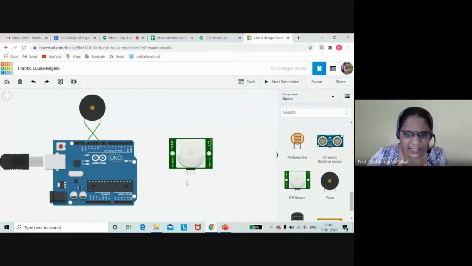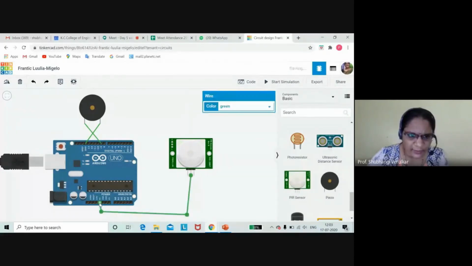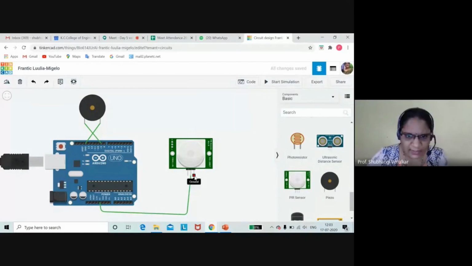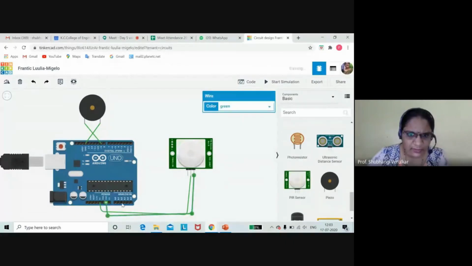Then this is a PIR sensor with a signal pin, power pin, and ground pin. Connect the power pin to 5 volt. Connect the ground pin to ground.